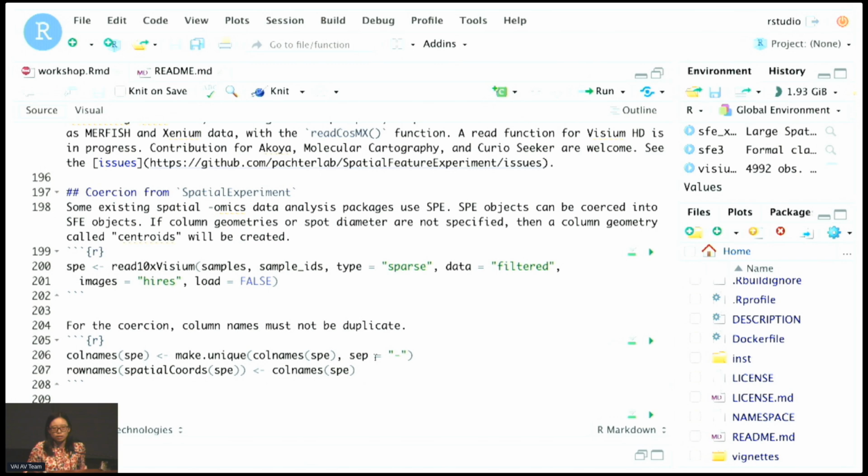You can also use a polygon to crop your SFE object and so on, and you can also find spatial neighborhood graphs from those. SFE has added a lot of features to SpatialExperiment.